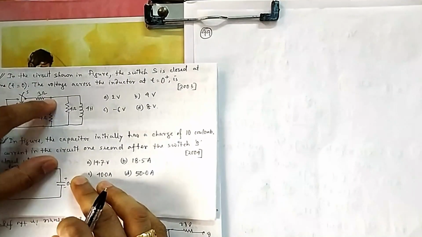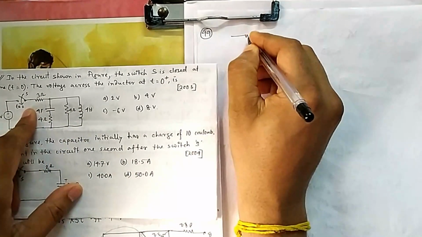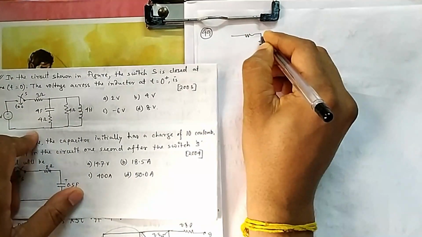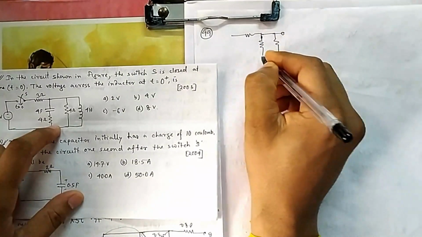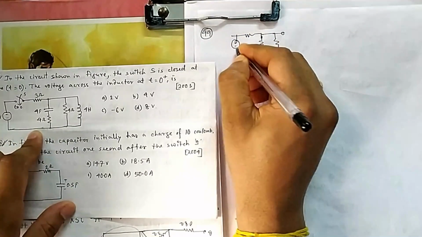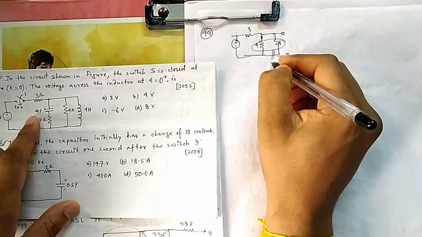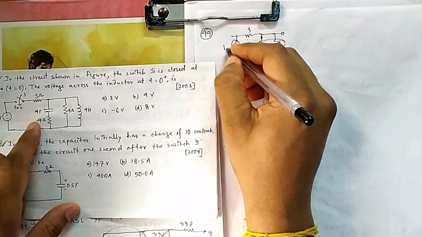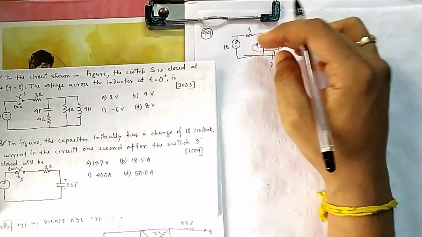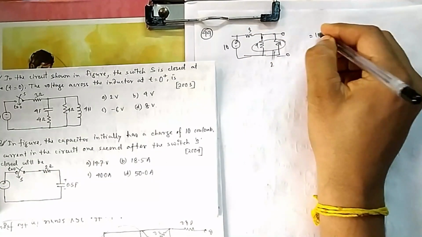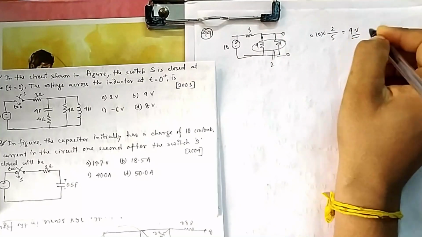So this is a branch, this is another branch, and this is open. So at t equal to 0 plus, this circuit will look like this: the capacitor is shorted, and this is one more, and the inductor is open. So this is the circuit now. Now it becomes a very easy circuit for you: 3, 4, 4. So 4, 4 in parallel will give you 2. Then 3 and 2, voltage will be divided in this ratio. This voltage will be across the inductor. What is the voltage across this? 10 multiplied by, it is in the ratio 2:3, 2 by 5. That is 4 volt. That is your option B.